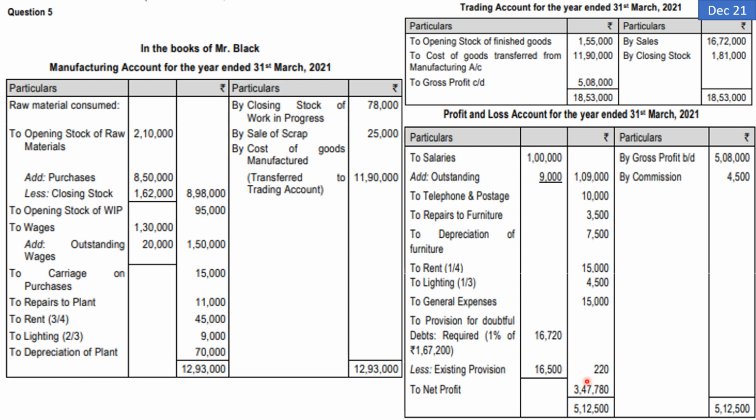That is what is your net profit. And here you get your 15 marks in your pocket. Very easy question, little lengthy. You need to be very careful about where you are writing a different item. You should not confuse between manufacturing, trading and P&L account items. You should not make mistake about 1/4, 3/4 and 3/4 and 2/3, etc. You are also not supposed to make mistake about closing stock of raw material and closing stock of WIP. These are the basic points to be kept in mind, and the last point is 1% of sales in relation to RDD as compared to 1% of debtors, etc. Otherwise the problem is very easy.